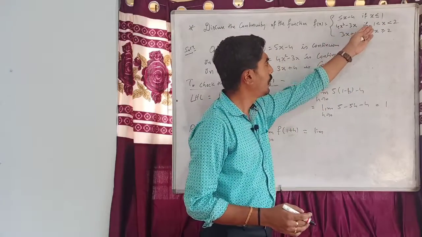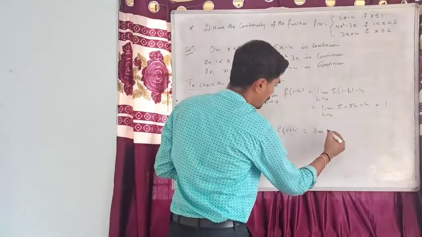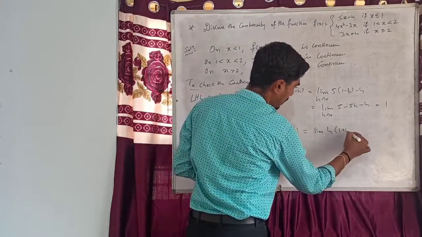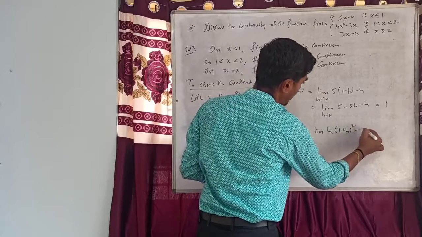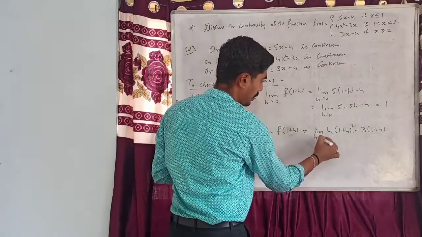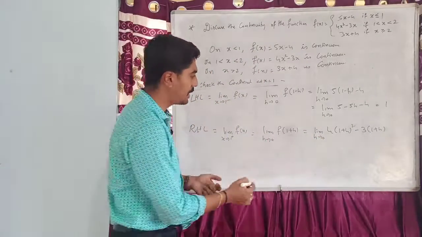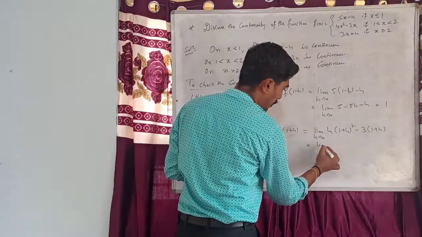So for x greater than 1, it is defined as this function. This is equal to 4 into 1 plus h whole square minus 3 into 1 plus h as h tends to 0. If I simplify this, I get here limit of